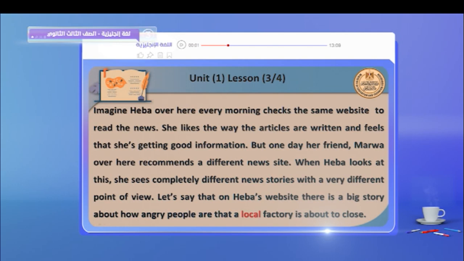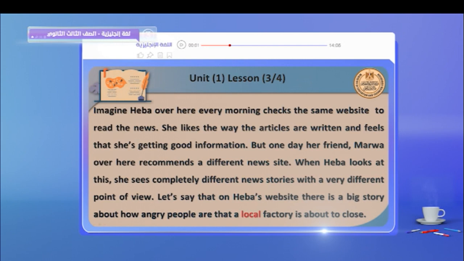When Heba looks at this, she sees completely different news stories with a very different point of view. شفتوا اللي حصل هنا؟ Two websites talking about the same news or the same news stories, but they are displaying them differently. The story here is different from there. الاتنين ويب سايت بيتكلموا عن نفس الحاجة ولكن هم عرضوهم الاتنين بشكل مختلف تماما. How does this happen؟ ليه ده يحصل؟